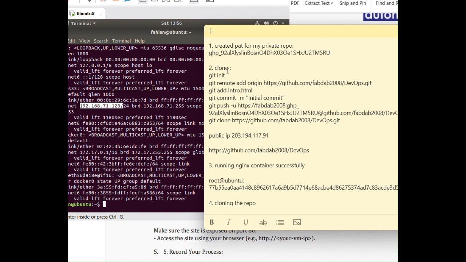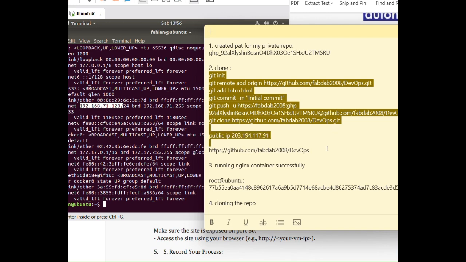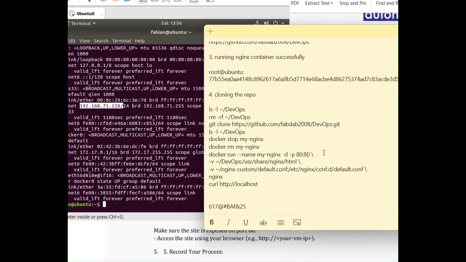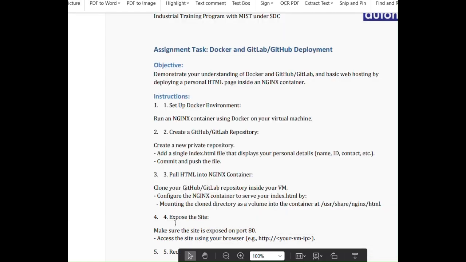And these are all the commands I had to create. This is the first thing. This is the PAT access token. Then these are the commands I had to run for cloning. And these are all the commands that I have shown you at the last. So if I go through using a highlighter,